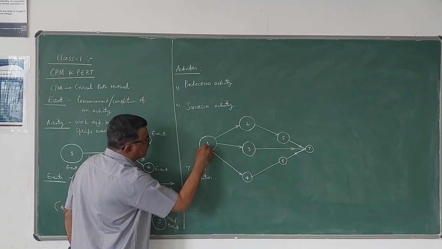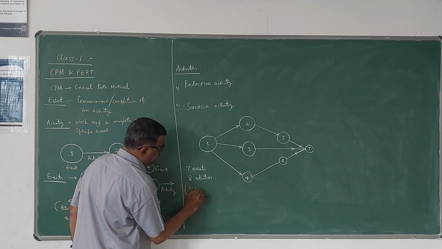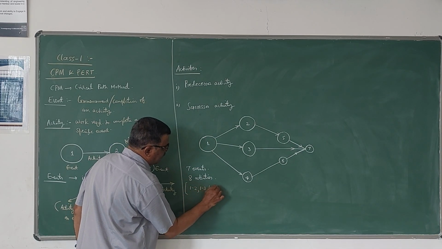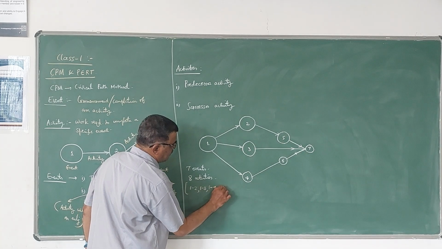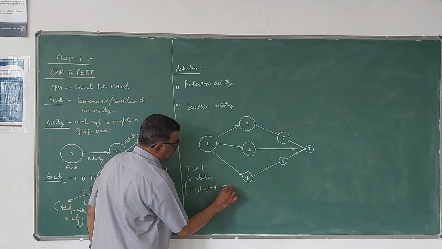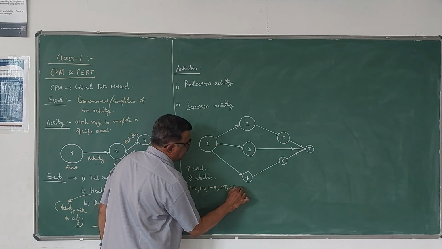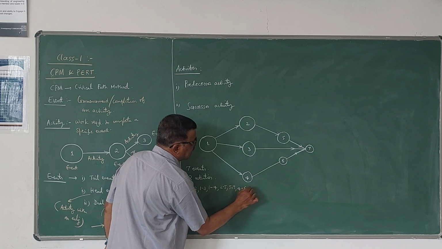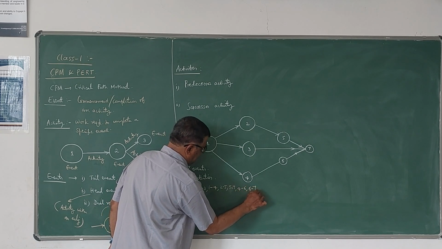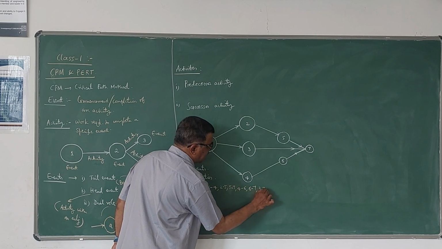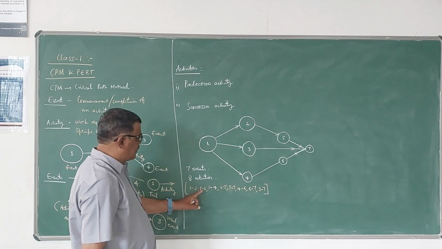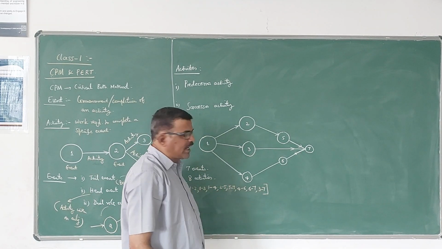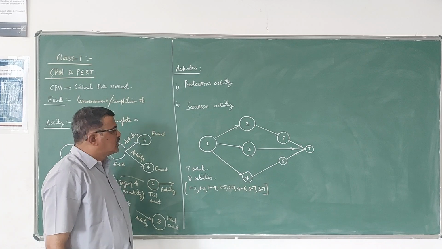8 activities are 1, 2 is an activity, 1, 3 is an activity, 1, 4 is an activity, 2, 5 is an activity, 5, 7 is an activity, 4, 6 is an activity, 6, 7 is an activity, 3, 7 is an activity. So there are totally 1, 2, 3, 4, 5, 6, 7, 8 activities. So in this case,